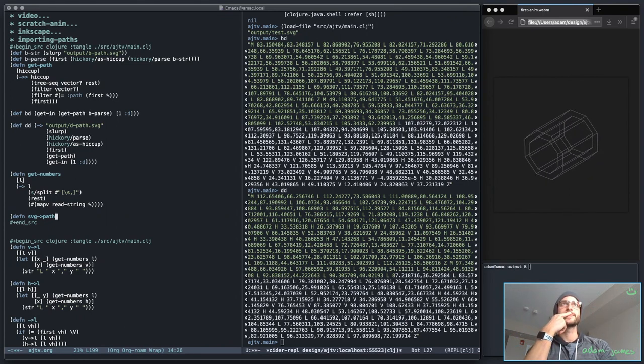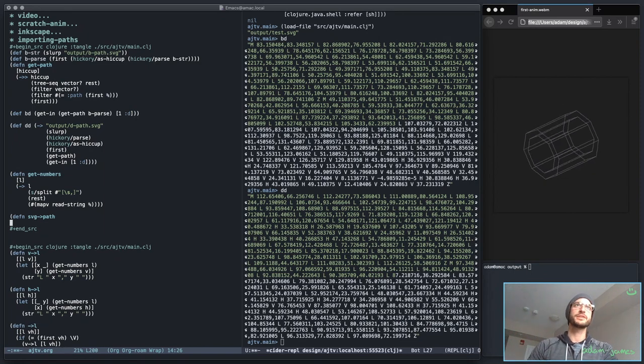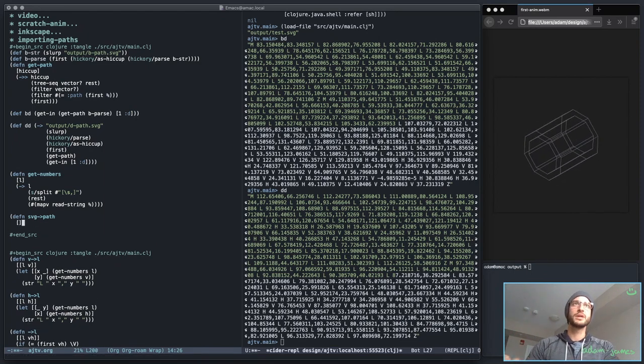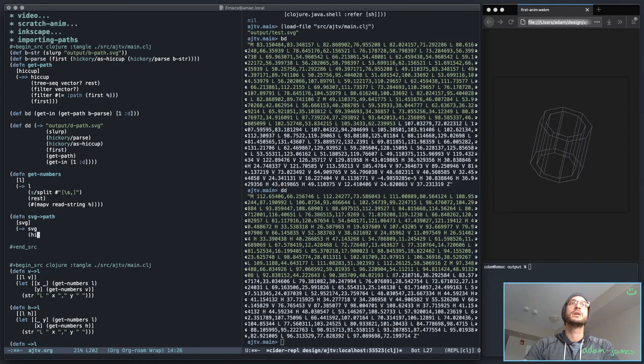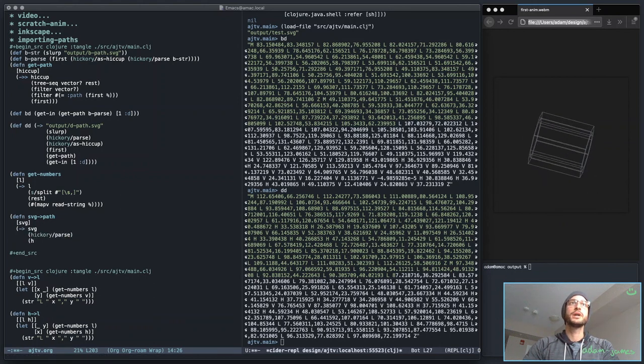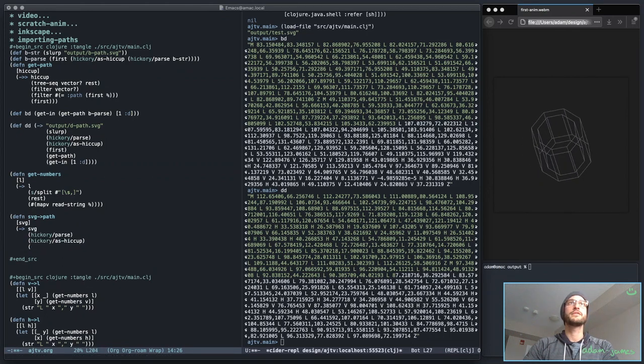The naming of this is a little difficult, that's all. So if I do SVG as a string here, what I can do is create this pipeline where it's just the SVG, hickory slash parse, hickory slash as hiccup, then take first,